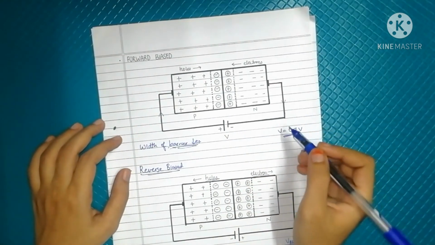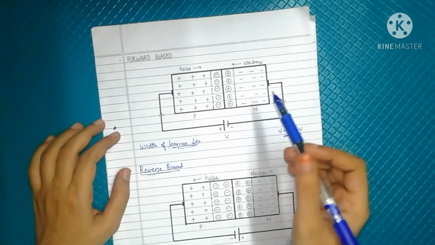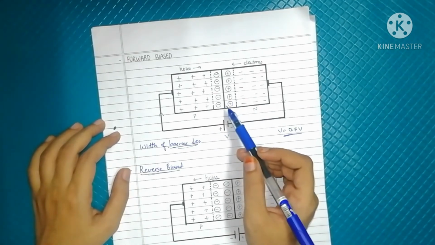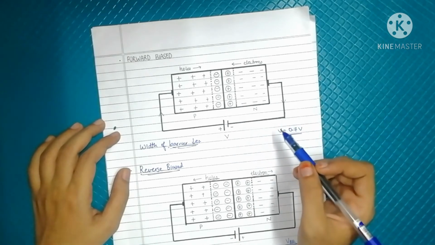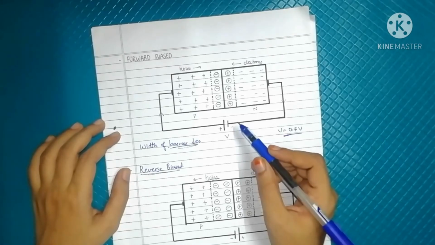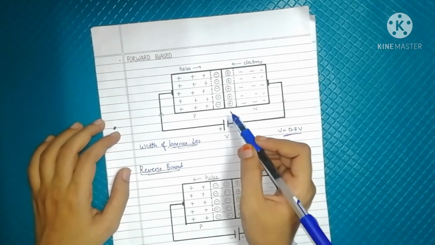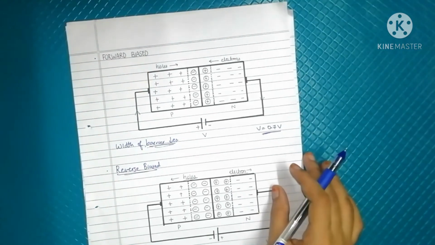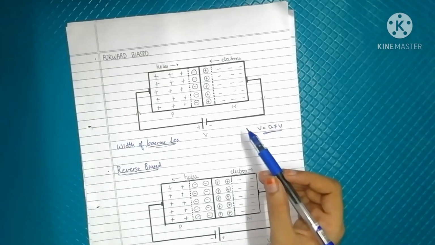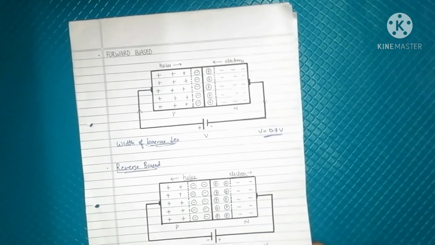At first, when you will apply a voltage, then you won't see any flow of current. This is because of the depletion region that is offering a resistance, but once the knee voltage or the barrier potential voltage is crossed, that is 0.7 volts for silicon crystal, then the resistance that is offered by the depletion region becomes negligible. The flow of current is observed in the forward bias condition. In this case, the diode acts as a closed switch. Now moving ahead, we will see what is reverse bias condition.